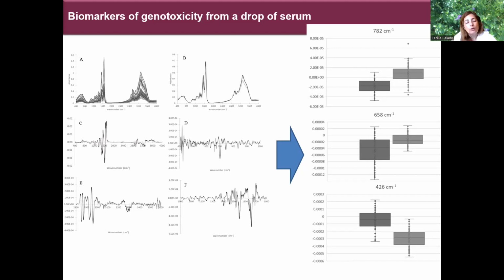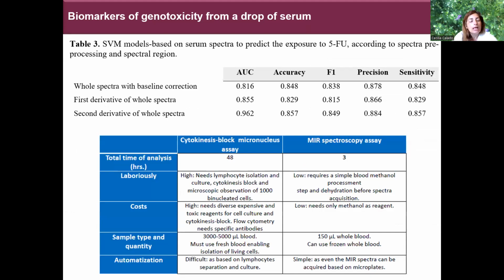And they were. We found statistically different bands that were different on average in these two populations, the one that was exposed and the one that was not exposed. So applying machine learning algorithms to these spectra,